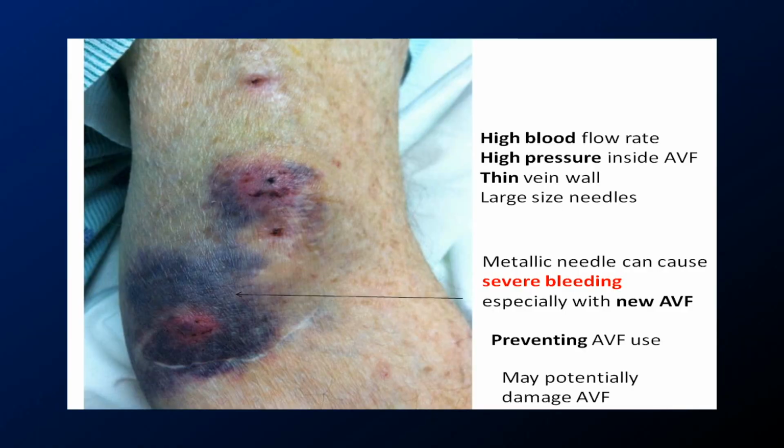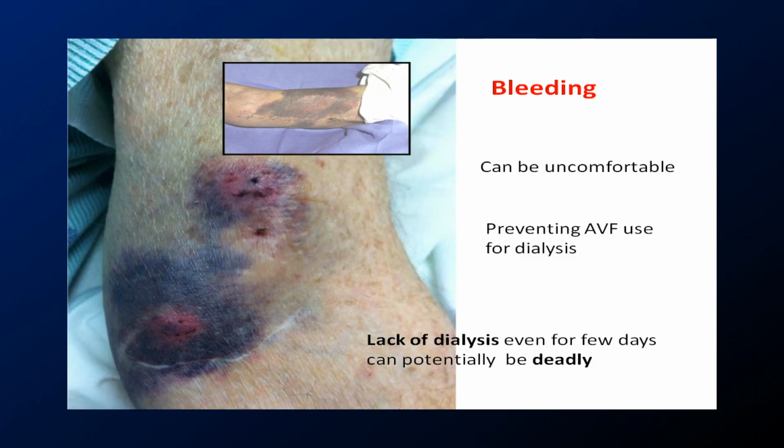Now, with high blood flow rate, high pressures, a thin wall, and a large needle, we can ask for problems, like bleeding. And here's an example of severe bleeding, especially with a new fistula. It can be catastrophic for the patients because if it's infiltrated, we cannot use it. And it can also damage the fistula. The bleeding, furthermore, can be very painful to the patients. And because we cannot use the fistula for dialysis, missing even one single dialysis can result in patient sudden death,